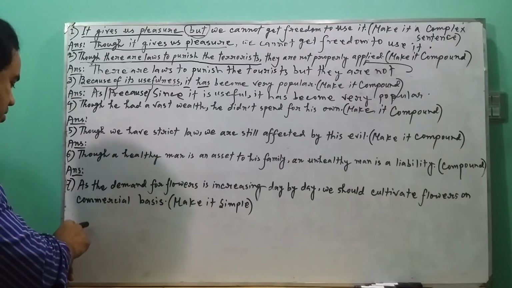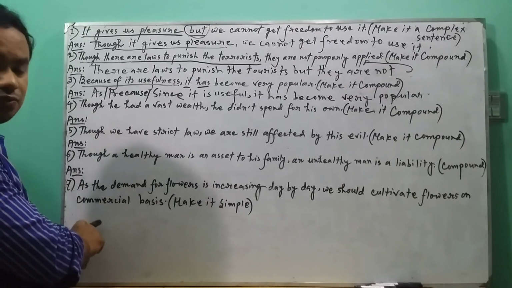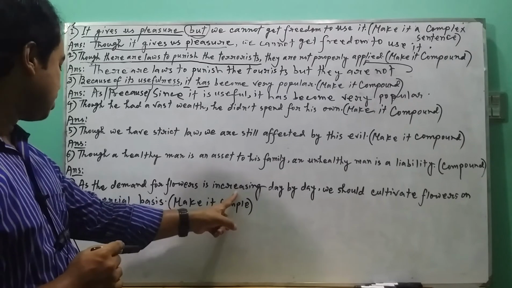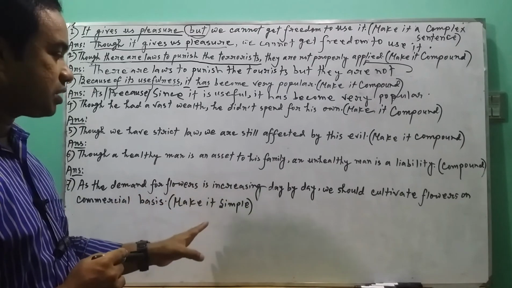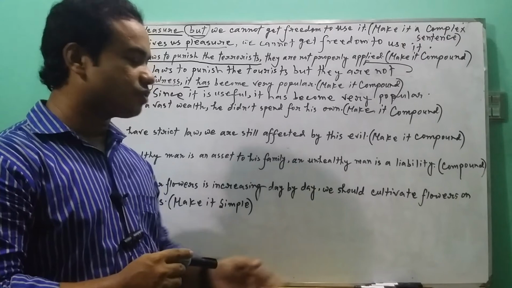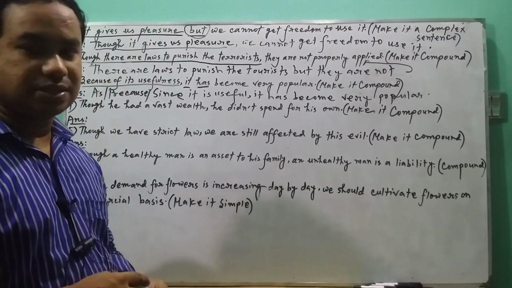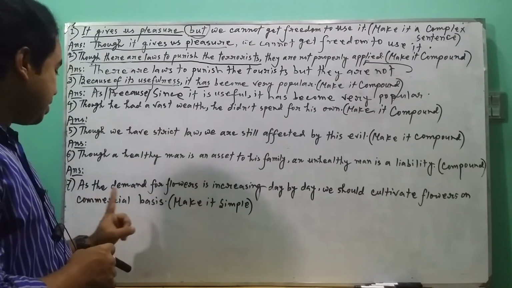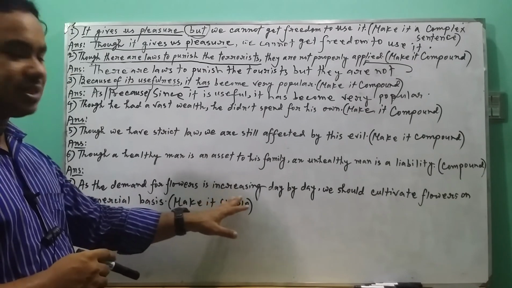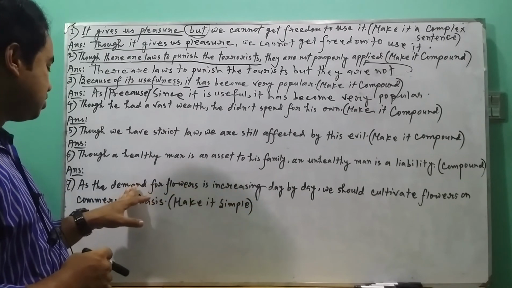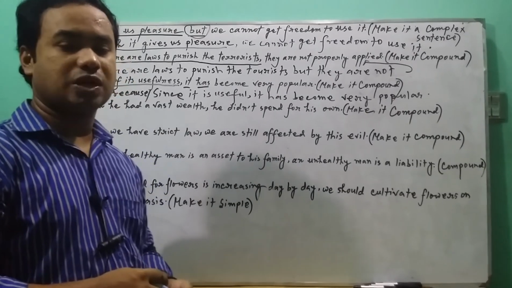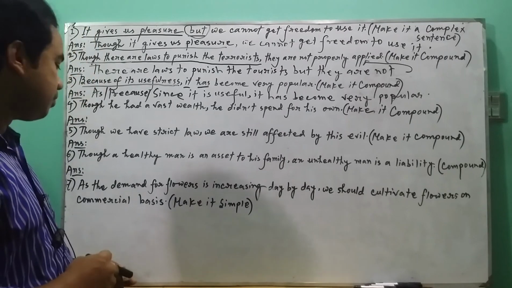Okay, I'm using because of here: because of the increasing demand for flowers, comma, we should cultivate flowers on commercial basis. Okay, I'm saying this one more time. Because of the increasing demand for flowers, comma, we should cultivate flowers on commercial basis. Okay, then